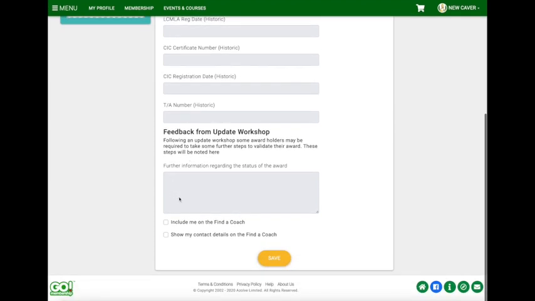There is this section here which will house the comments from an update workshop, and those comments will also get printed onto a certificate. Now the candidate can't actually change these, but a trainer assessor can. And then we've got these two buttons at the bottom here, and we'll probably try to move those into that opt-in page, the flash screen that we store at the start, and we can tick these, and this will basically then advertise our